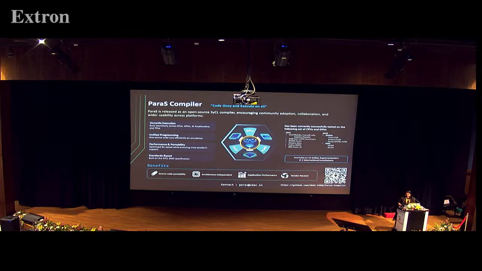You can see the link over here and also the QR code. So I encourage you all to use it, to explore it, and also to contribute to it. There's a huge growing community of SYCL, so you can explore that as well. Currently, it is tested on all the popular CPUs like Intel, AMD, NVIDIA, and the GPUs like AMD and NVIDIA as well. And it is available on Indian supercomputers and multiple international installations. So you could contribute to the community.